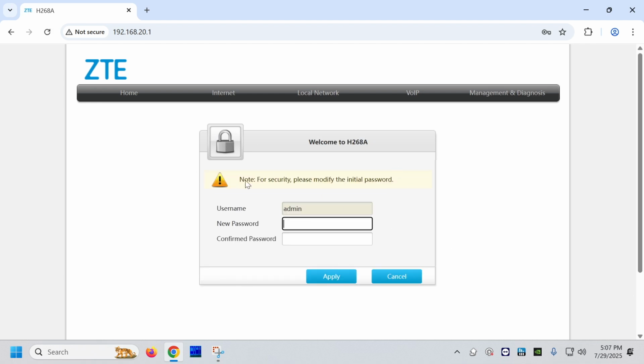Then we're going to click login, and we'll have to change our admin password just for security reasons. And so I'm going to make mine password with a 0 and an exclamation mark. Now, if you couldn't sign in on that first page, that probably means you've changed it in the past. And if you can't remember that, just go ahead and grab a pin or a paperclip or something, and on the back of your router is a reset button, and you want to factory reset your router, and that should set everything back to the default credentials. Back to this page though, we're just going to hit apply,